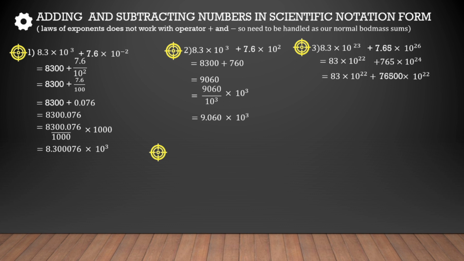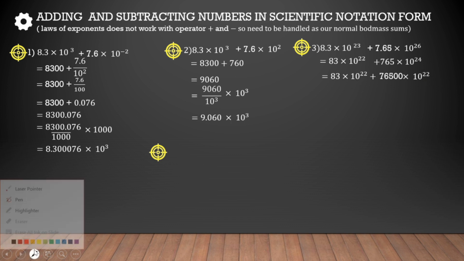So what I have done, I have written this second number in 10 raised to power 22 form. Okay, so what did I do? 10 raised to power 24 was actually equal to 10 raised to power 2 into 10 raised to power 22. So 10 raised to power 2 I have used here. 765 into 10 raised to power 2 is this. Okay, now why did we do this? We multiplied, kept them so, and then we made their powers the same because now we are able to add them up. How come? Let's see.